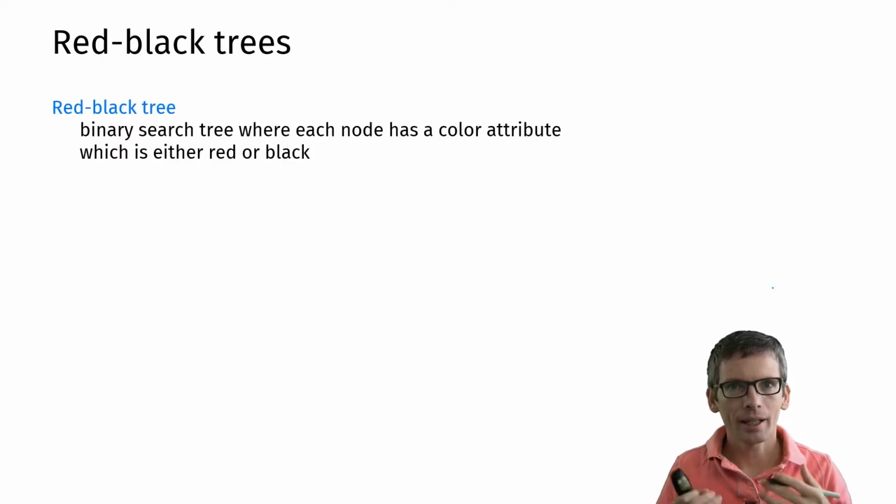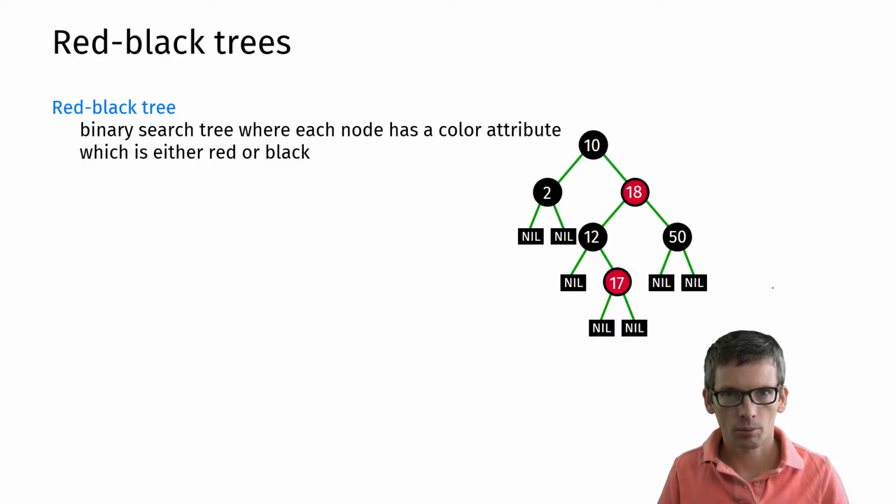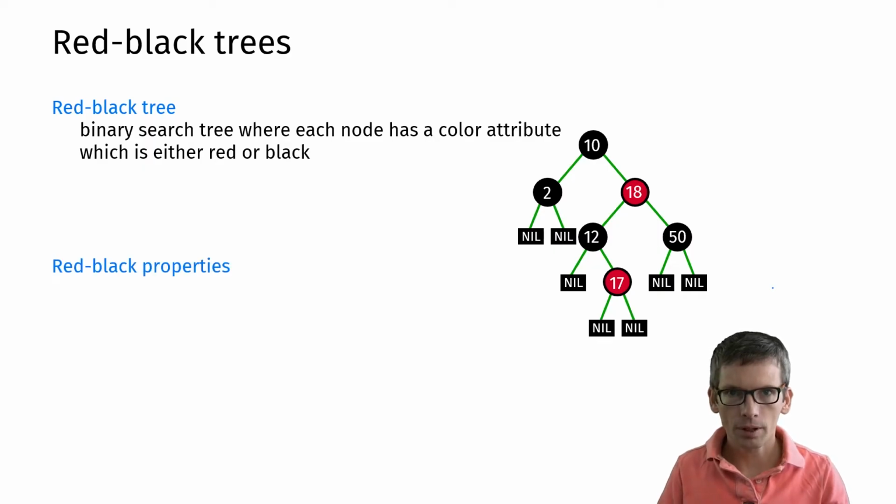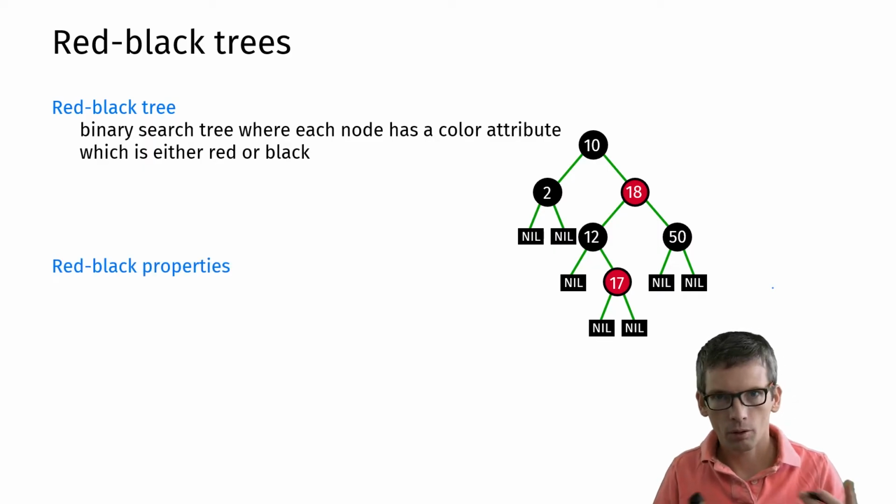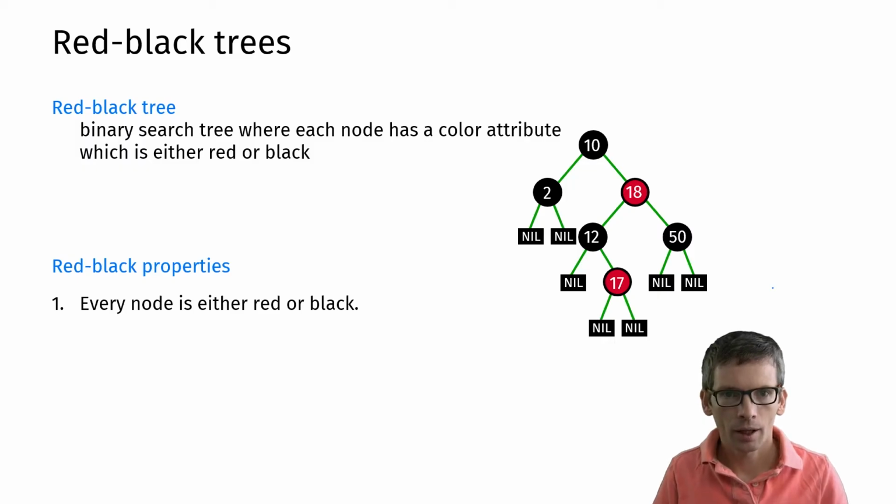A red-black tree is a binary search tree where every node is colored either red or black, and we have some additional properties. So here we have an example of a red-black tree, and the properties that we want to have is, first of all, nodes should be either red or black. Then we also consider the